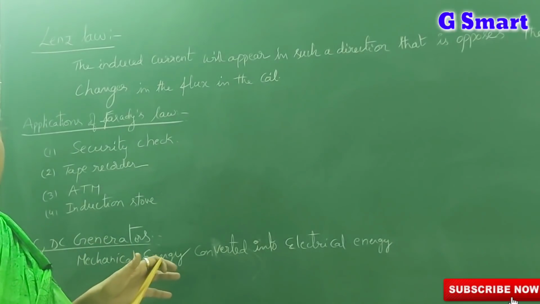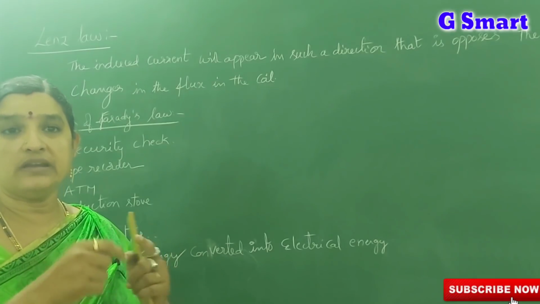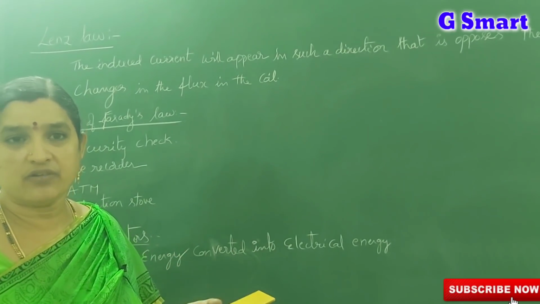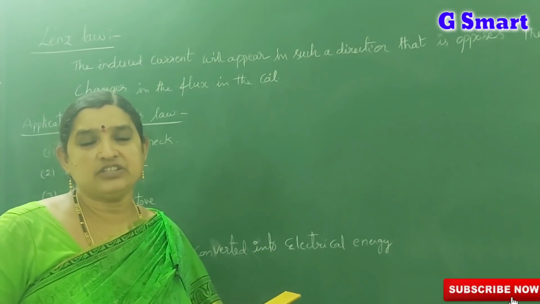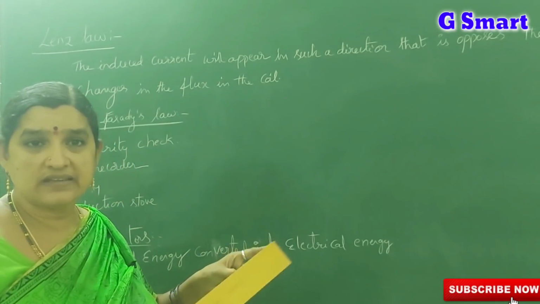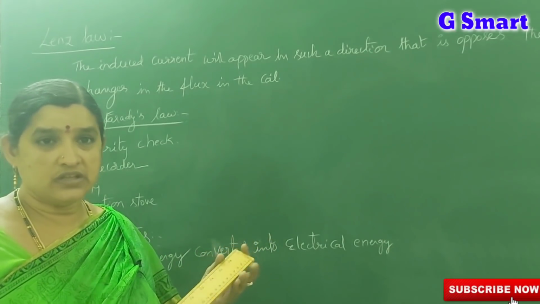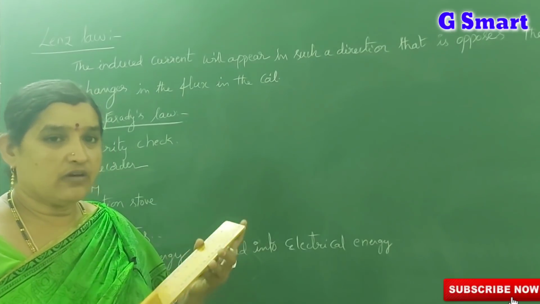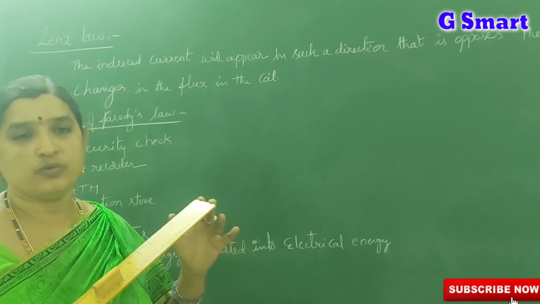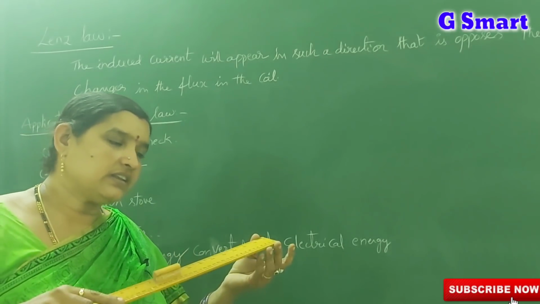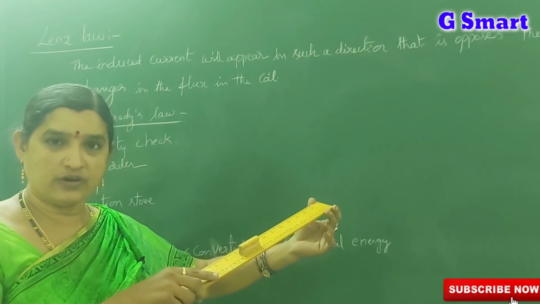ATM centers. We already know that in ATM centers we use a magnetic taped card or a magnetic chip in that ATM card. What happens when you insert it into the ATM machine? The ATM machine also has some magnetic field inside, magnetic force, north and south poles. Your ATM card also has a weak magnetic field, with north and south poles. When you insert it, there is attraction between the opposite poles and it moves forward.